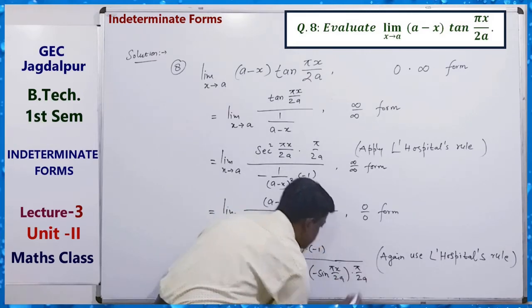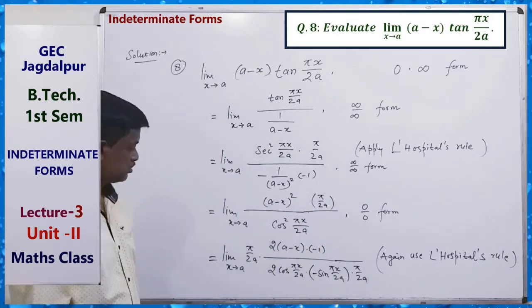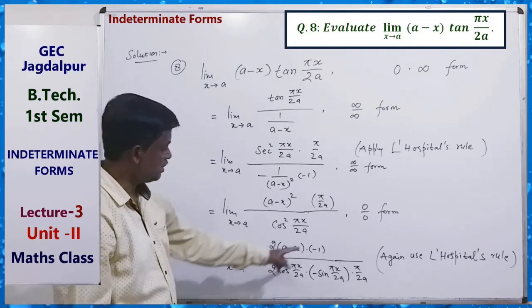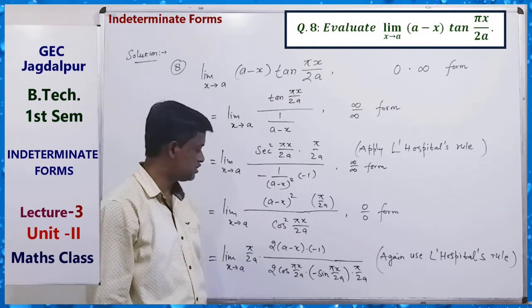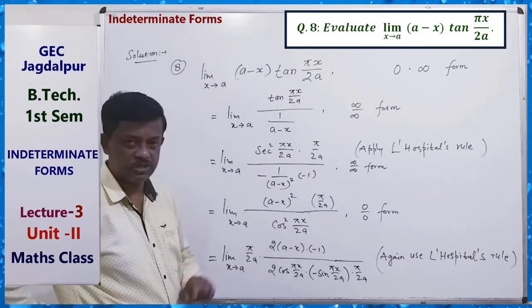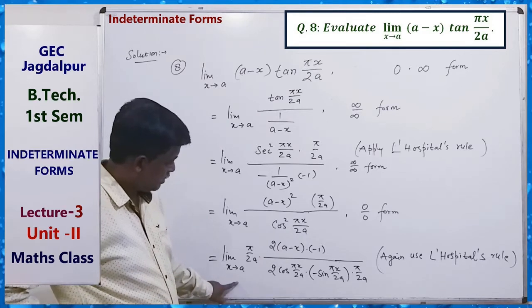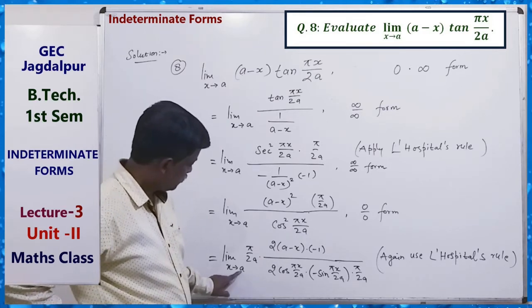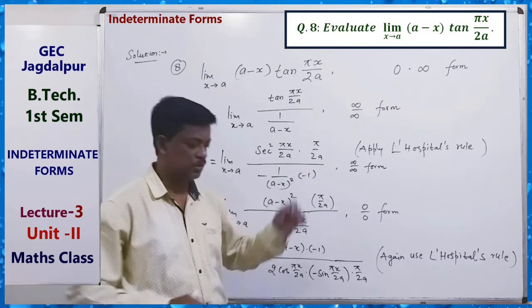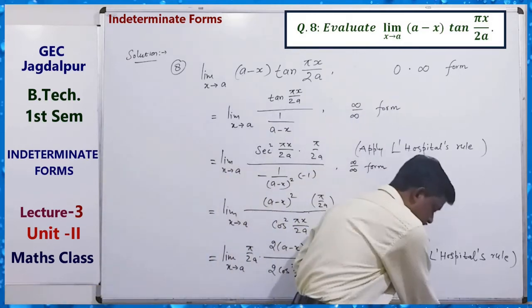So pi by 2a cancels, 2 cancels, this is minus, so x minus a by this. Okay, so we get x tending to a, this is also 0, and here x tending to a, cos 90 is 0, again 0 by 0 form. So again differentiating. Okay,